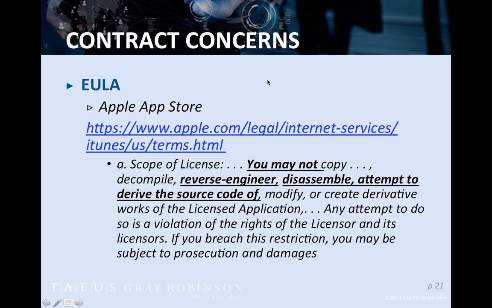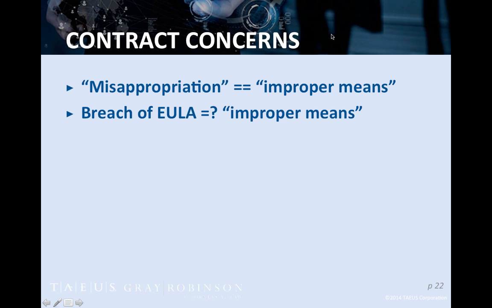And so if we go to the next slide, the question that becomes presented is: a misappropriation of a trade secret is when a trade secret is acquired through improper means. So the question is, if you breach a EULA, which is you do not honor your obligation to not reverse engineer, and so you figure out whatever the trade secret is embodied in that software, have you now engaged in improper means of acquiring it and thus subjected yourself to liability?